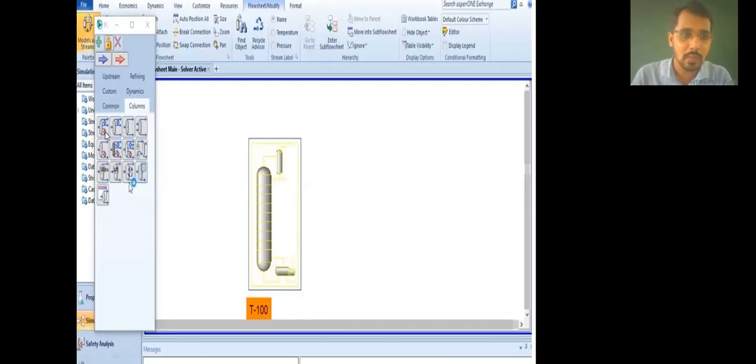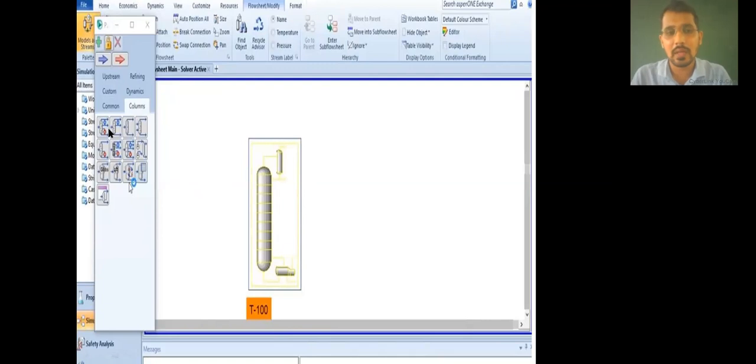So just double click over the first column, that is, you can see here the cursor of the mouse. Double click over this column. After double clicking, this column will be selected, and it will be automatically placed in the simulation environment like this. This is our simulation environment, the white portion.